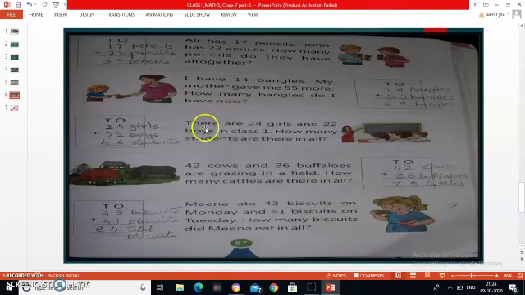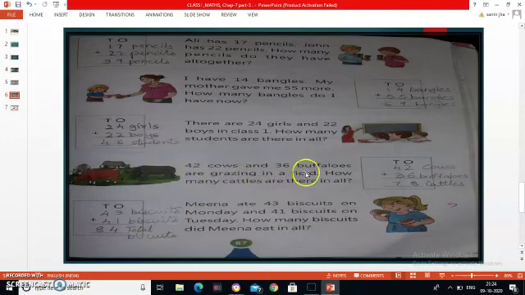Okay. Now next one. There are 24 girls and 22 boys in class 1. Yes, take an example. In your class 24 girls are there and 22 boys are there. And you want to count these things together. So see how many students are there in all. You all are students only. Now look here. 24 girls and 22 boys. So 4 plus 2, 4, 5, 6. 6. Now after 2, count 2 numbers, 2, 3, 4. So 46 students are there altogether. So you will write here only 46 students.